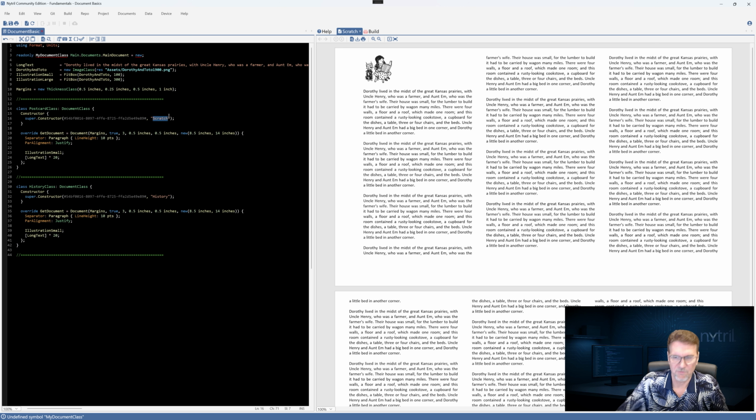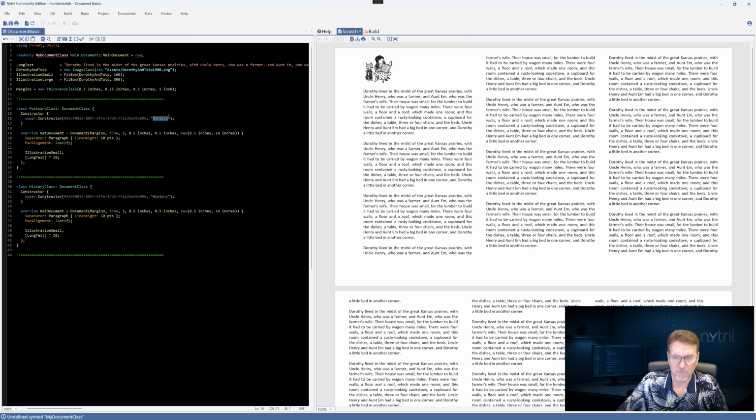Save it. Now we can see we got some build errors up here. That's because this default text, where it's trying to create a new main document of type My Document class, obviously doesn't work because we just removed My Document class. And we have more than one document.